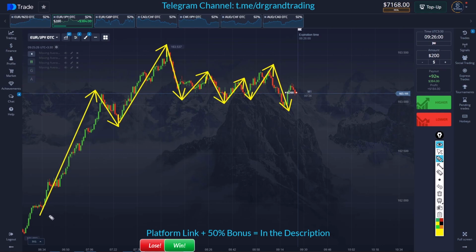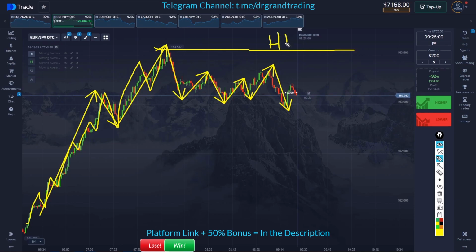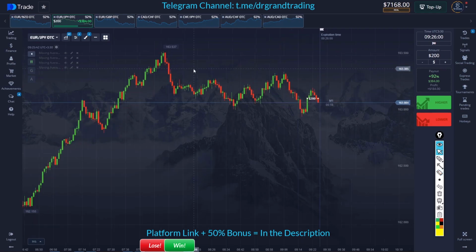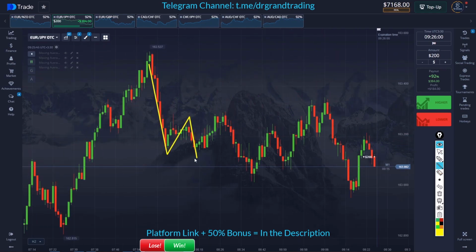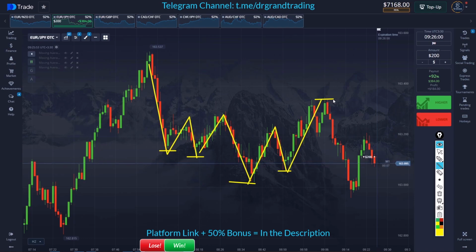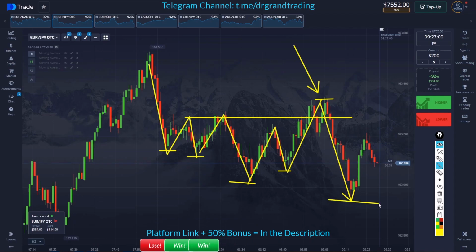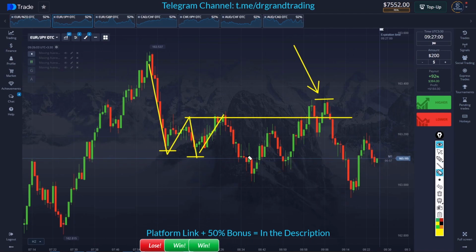You see that here we were making higher highs, higher high, lower low, higher high, lower low, okay? And then suddenly we stop right here. This is the highest high. This is the highest high, okay? Then we started creating lower lows. If you look closer here, this is lower low compared to previous low. Lower low, yeah. No, this is a manipulation, stop hitting people's stop loss, and then again lower low. This is a very good momentum to the downside,